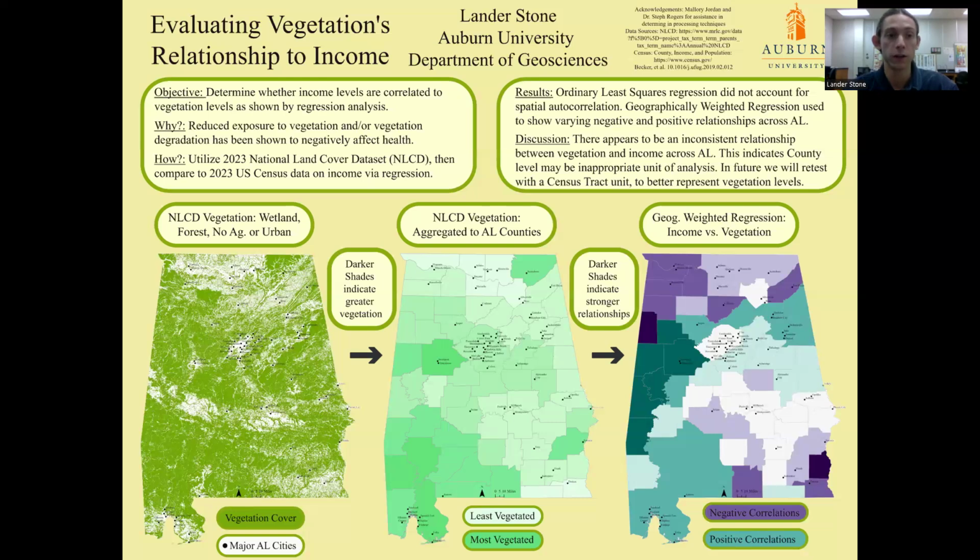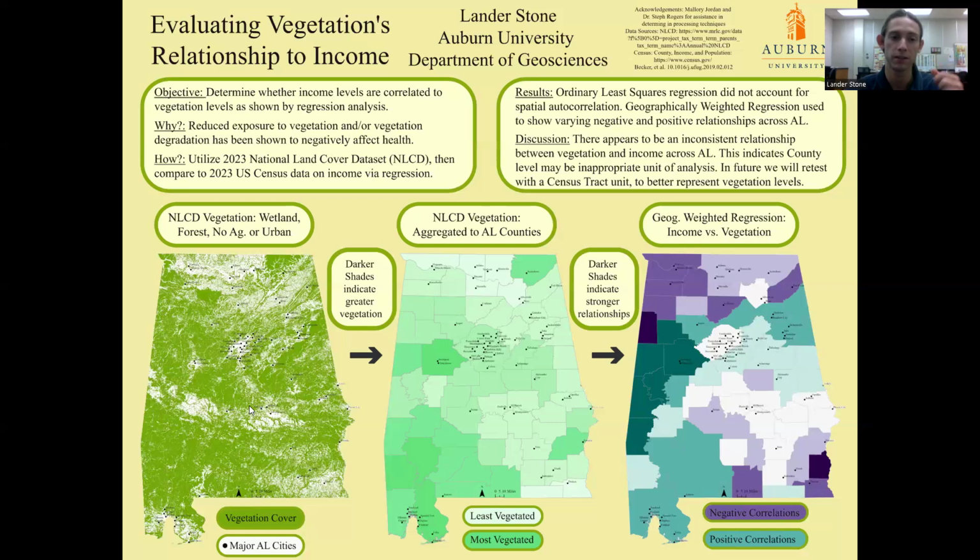So once I had my raster attribute table, these were able to be differentiated from each other, and I could reclassify my desired 7 data, the forests, the wetlands, and the grass and shrubs, into one vegetation type and extract by attributes to get just vegetation, which gave me this map right here. So each of these cells, each of these little green areas is a single cell, and that's just vegetation, one of those types.